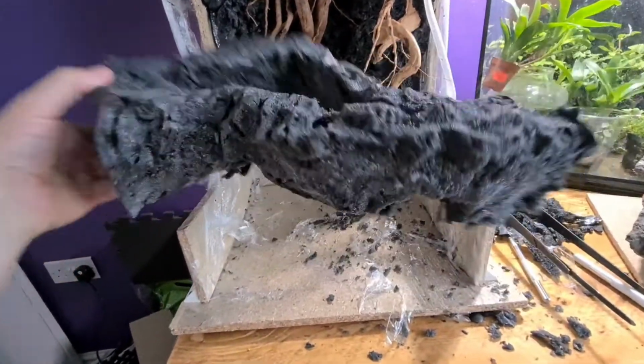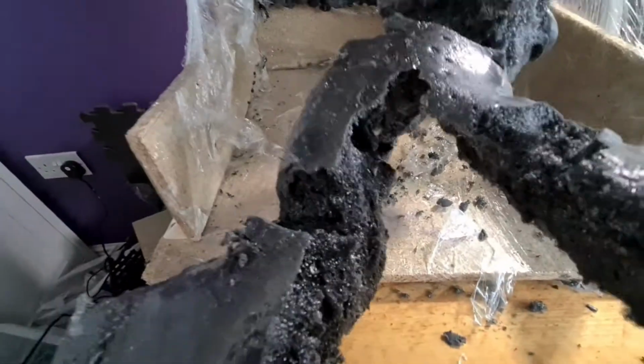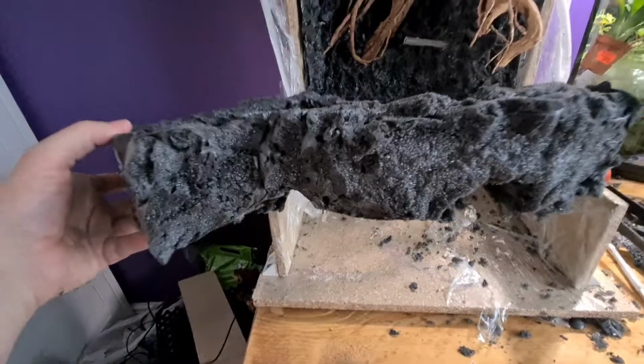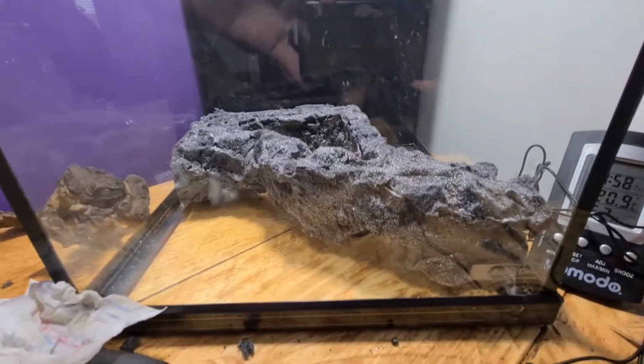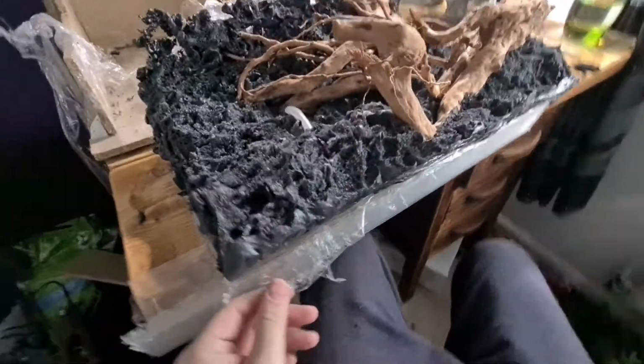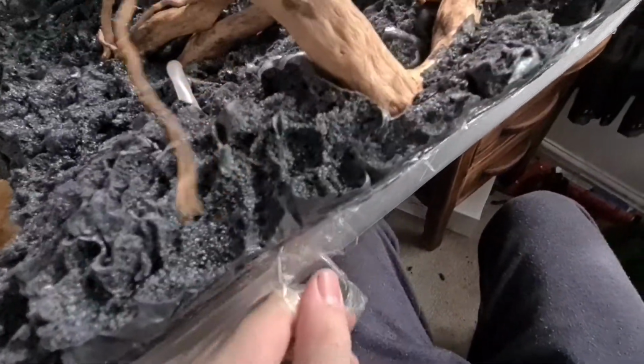Just need to tidy it up underneath, and then I'll get some netting put on the backs of those two bits. So yeah, it's turned out really well. Well, I've got the base in now. Luckily it fits, and I've managed to get the back bit off. Just gotta clear all this plastic off it now, neaten it all up a bit, and then it's a case of trying to get that into the...